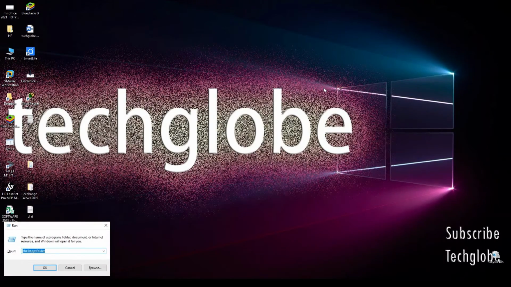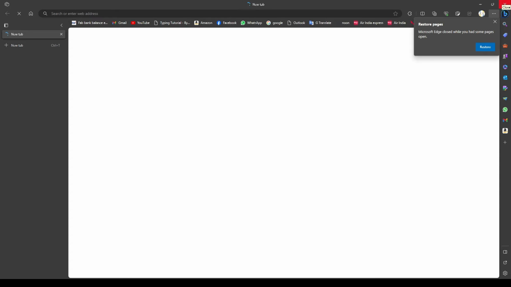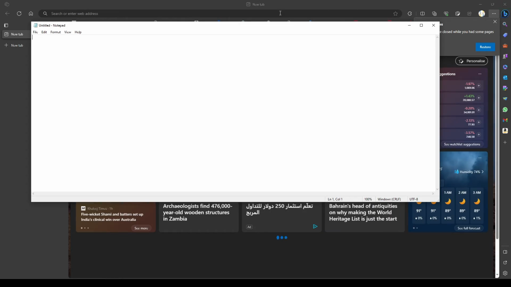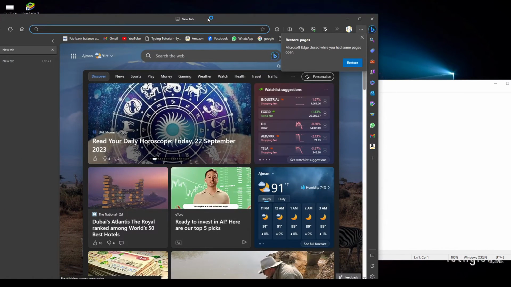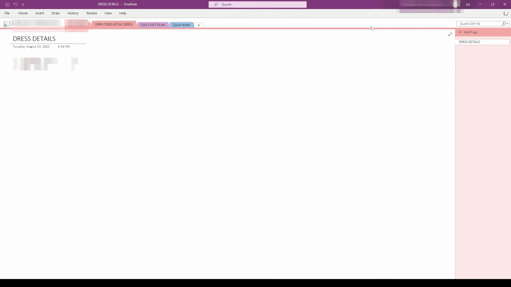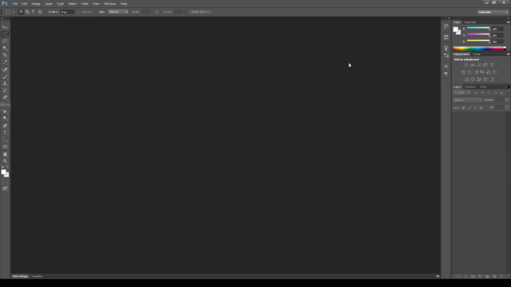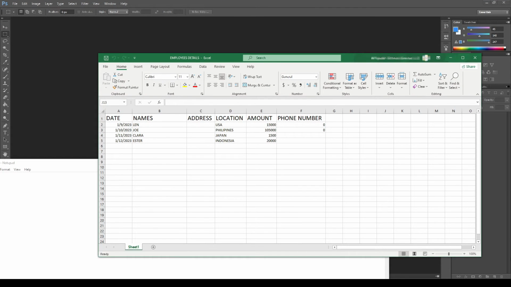I'm going to restart, and hit enter. And now you can see after the login screen, the apps automatically start. Now the Notepad is open and the Microsoft Edge. Okay, and please wait until all the apps are open. And now the OneNote is opened, and Outlook opened, the Photoshop. And now you see the Excel file is also opened,